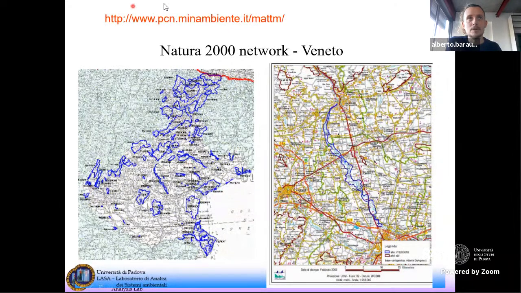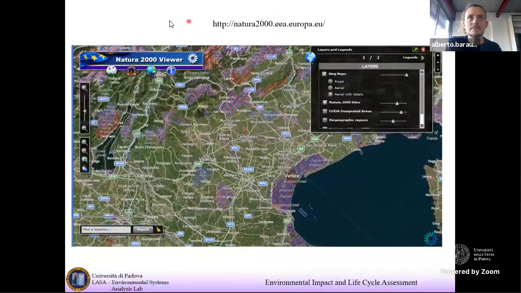And sorry, if you want to download these things, you can either go on the cartographic portal whose link is here, or you can go to the Natura 2000 viewer whose link is here, and if you click that link, you would end up in such a website, and these purple areas are Natura 2000 sites, and if you click on the sites, you can get information about those sites. Yeah, you see, for example, the Venice Lagoon is a protected site according to the Natura 2000 network.